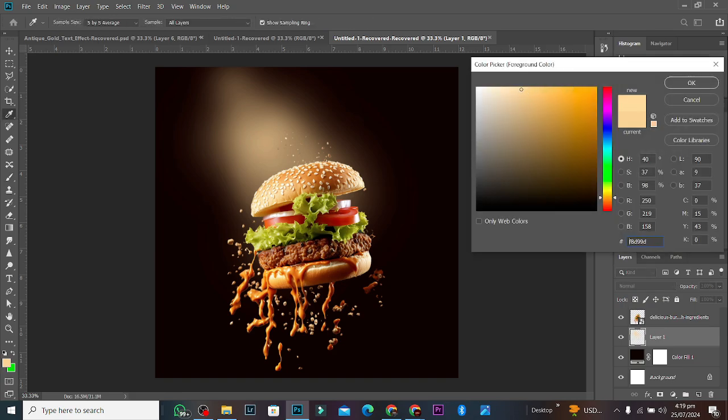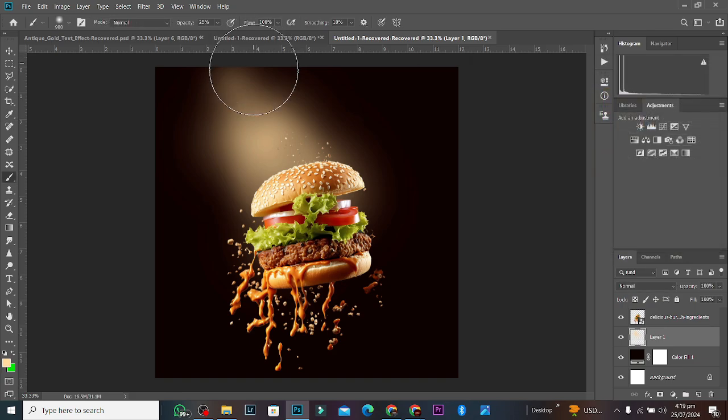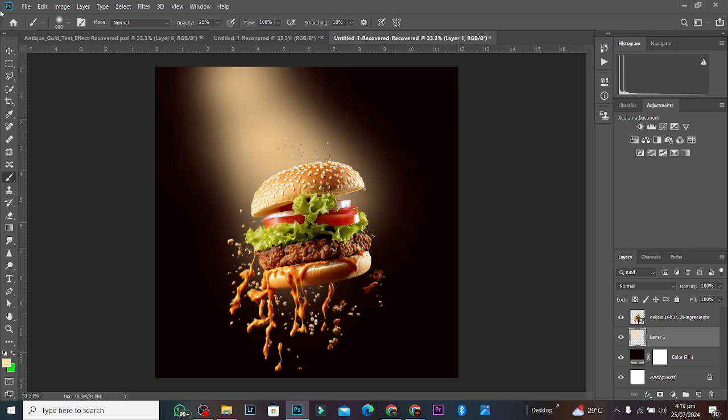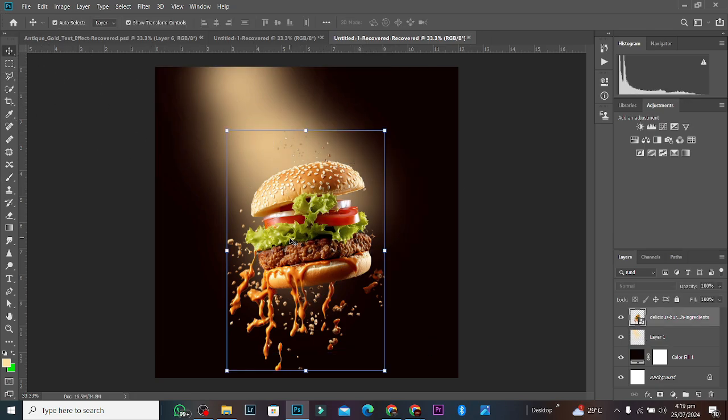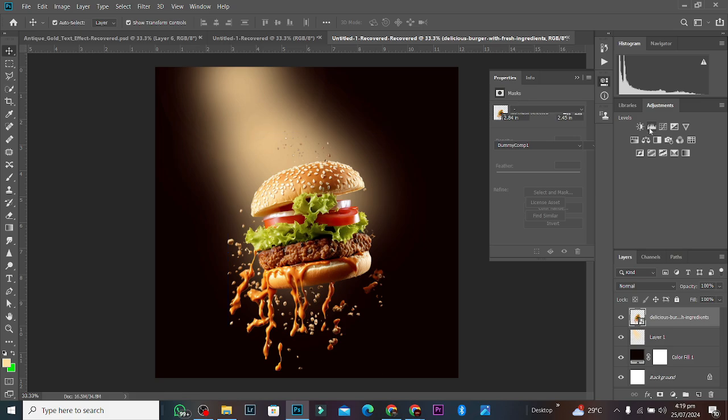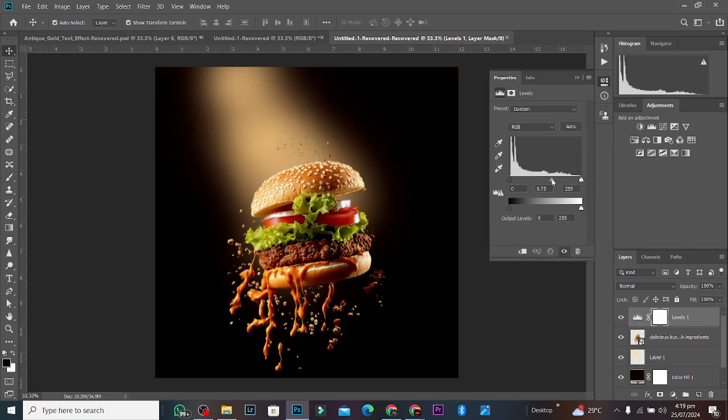I will change the color a little bit, and I'll now paint here. Can you see the painting? It is just for you to know how to use these brush tools. That's all. Once you get how to use these brush tools, next is for me to add a little bit